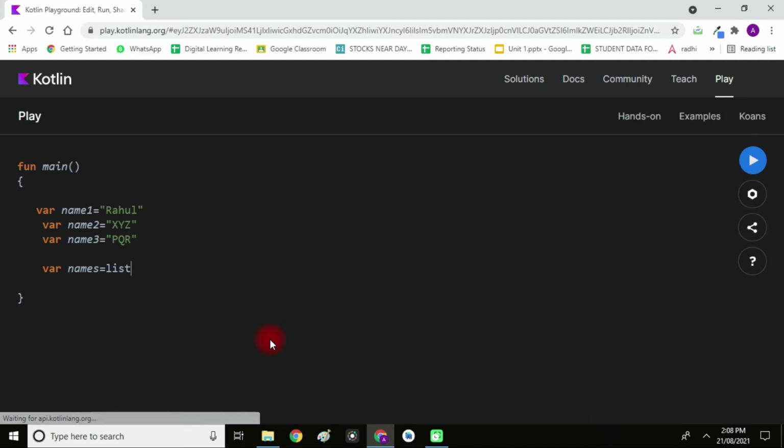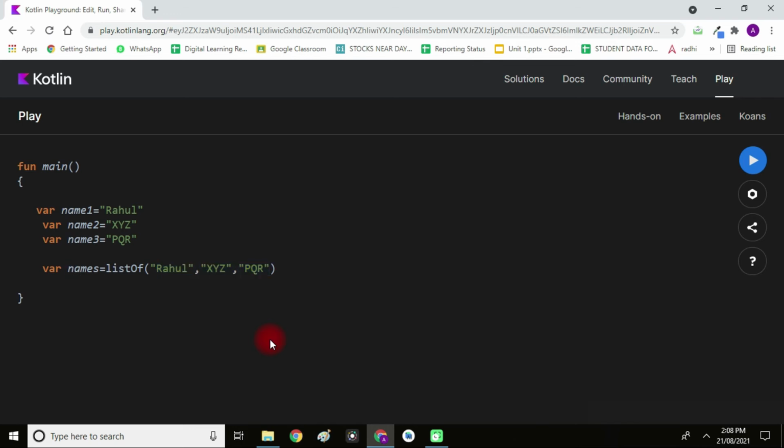So here I can write Rahul, then a comma, it will be separated by commas, then XYZ, comma, then we can have PQR. So instead of creating three separate variables, we can use the same variable name and store n number of values. Here I have used three values, but the variable name is single, that is names.